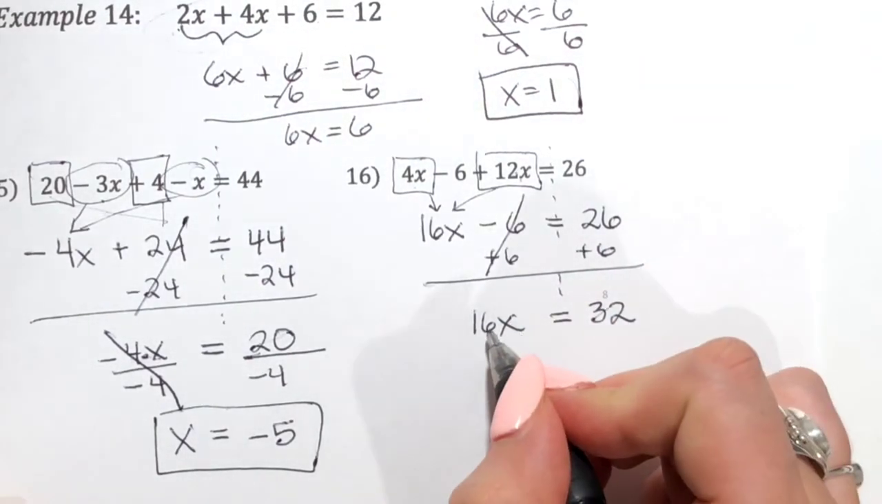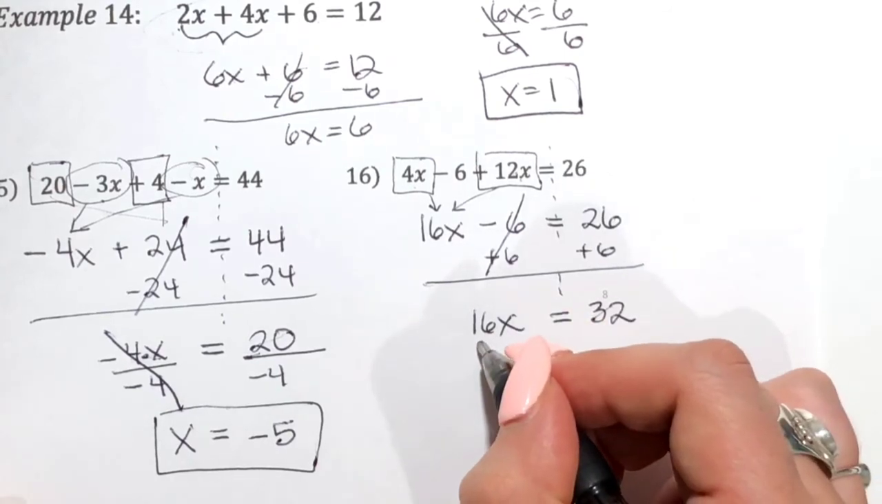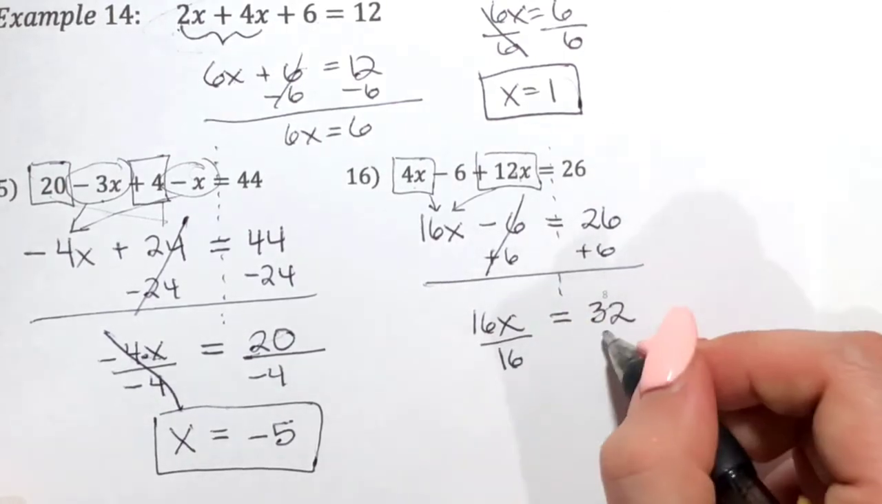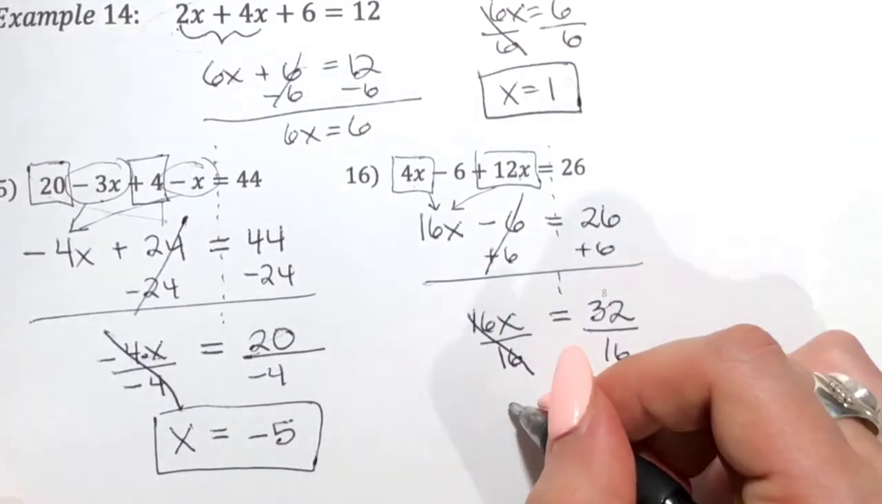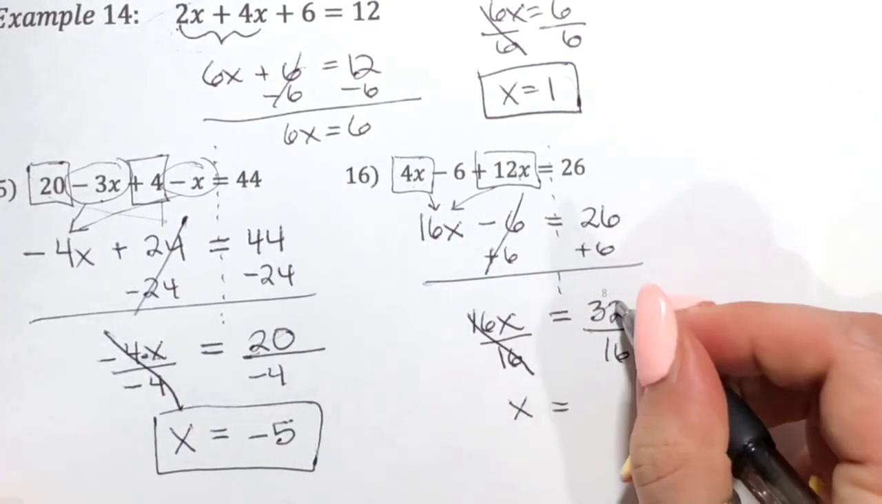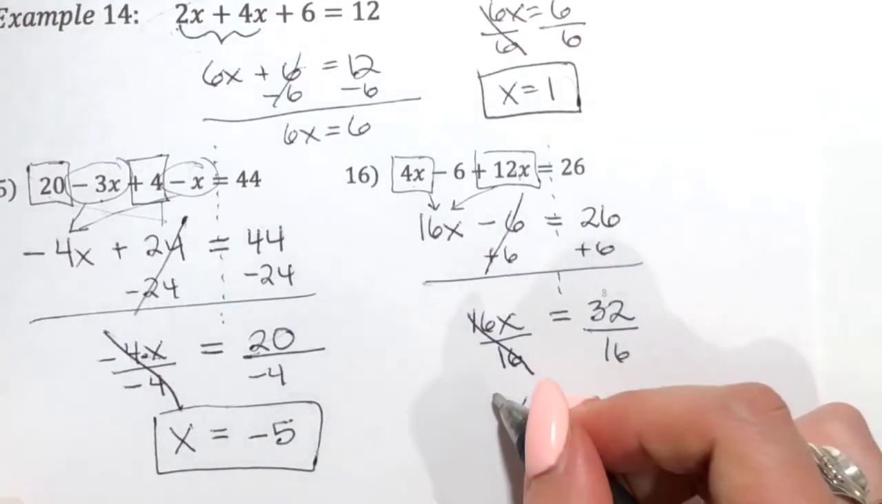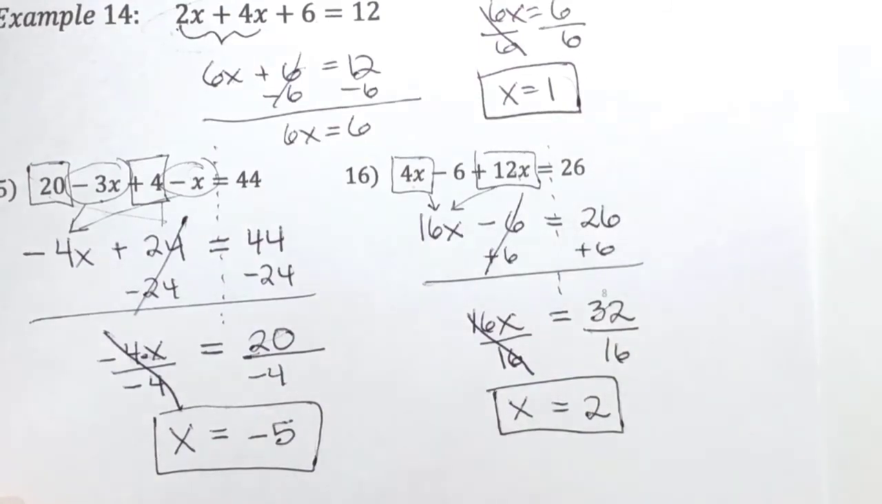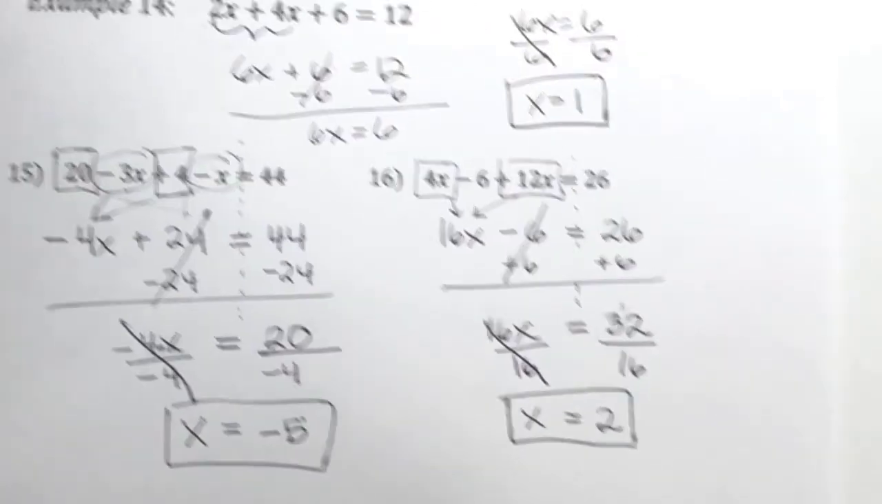And then last step, right now we have 16 times x. So the opposite of that is to divide by 16. Those 16, they cancel with each other and we get x alone, and then 32 divided by 16 is 2. And you're done. So hopefully that was a good review of different types of equations you'll come across before we